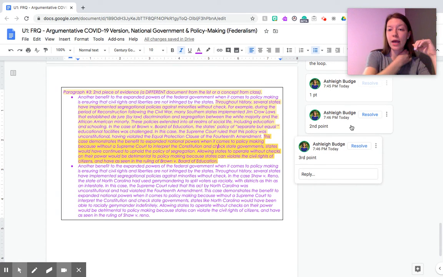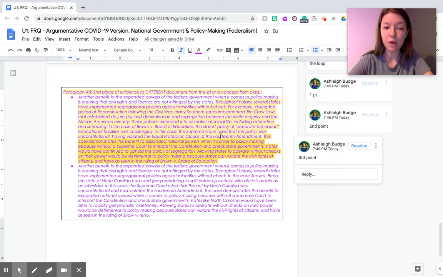Now, the third point, I need to show how this benefits policymaking by having expanded national government powers. This case demonstrates the benefit to expanded national powers when it comes to policymaking because without a Supreme Court to interpret the Constitution and check state governments, states would have continued to uphold the policy of segregation. Allowing states to operate without checks on their power would be detrimental to policymaking because states can violate the civil rights of citizens. I